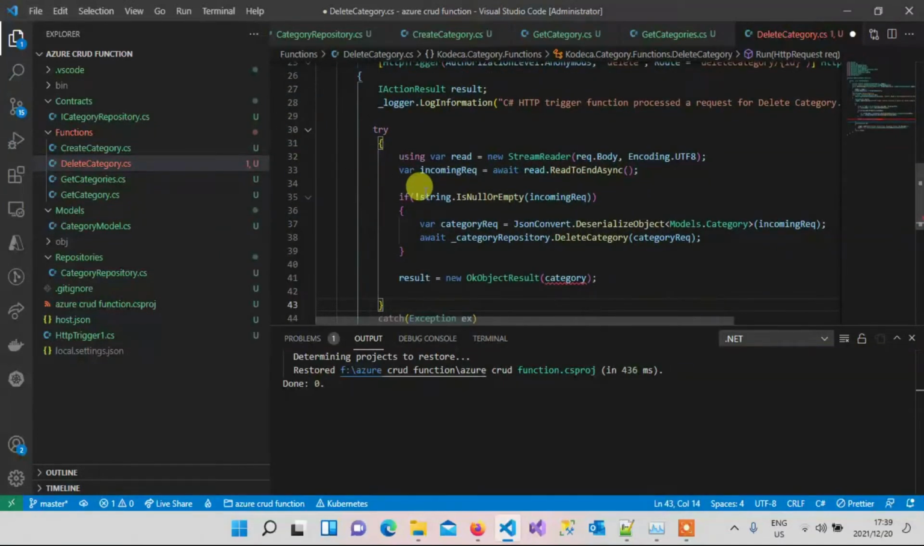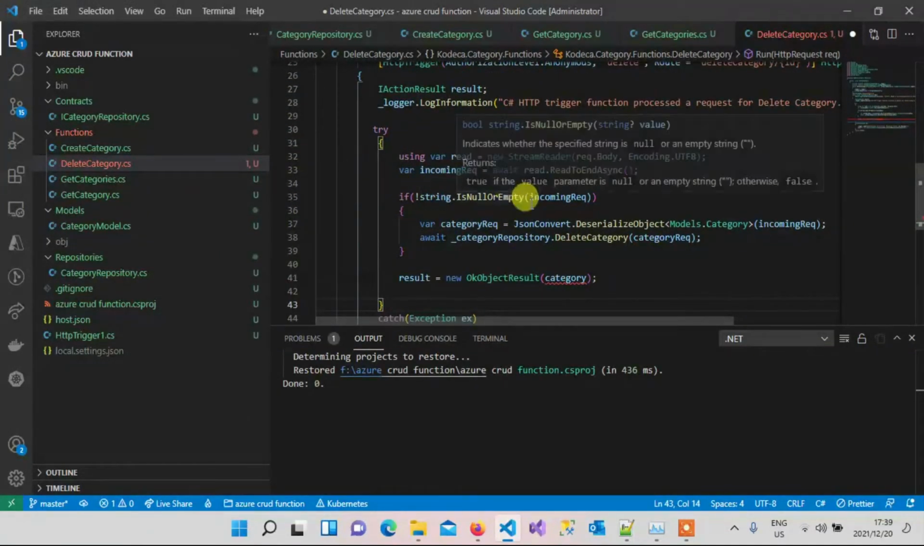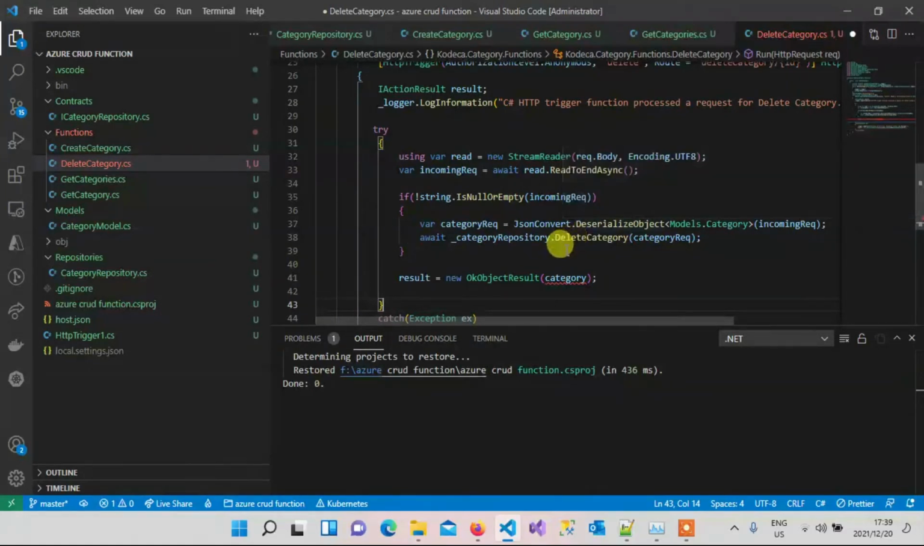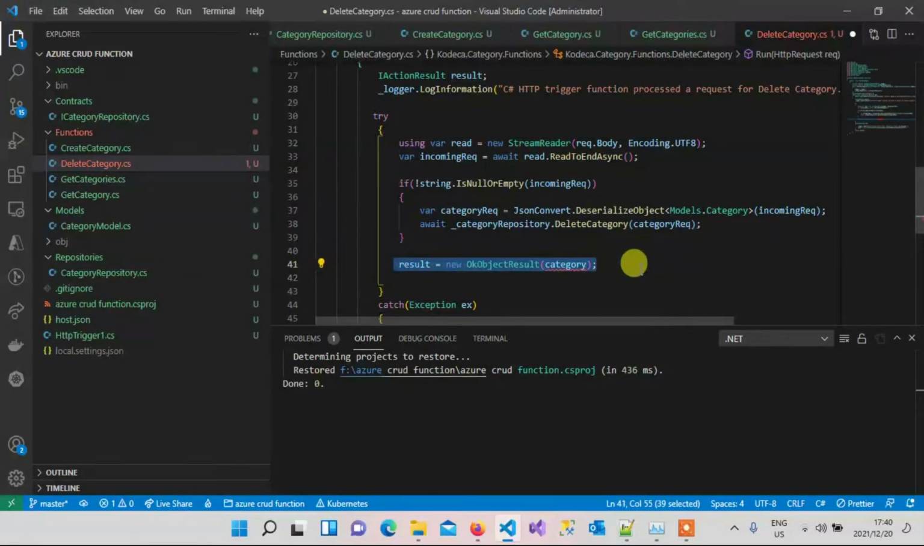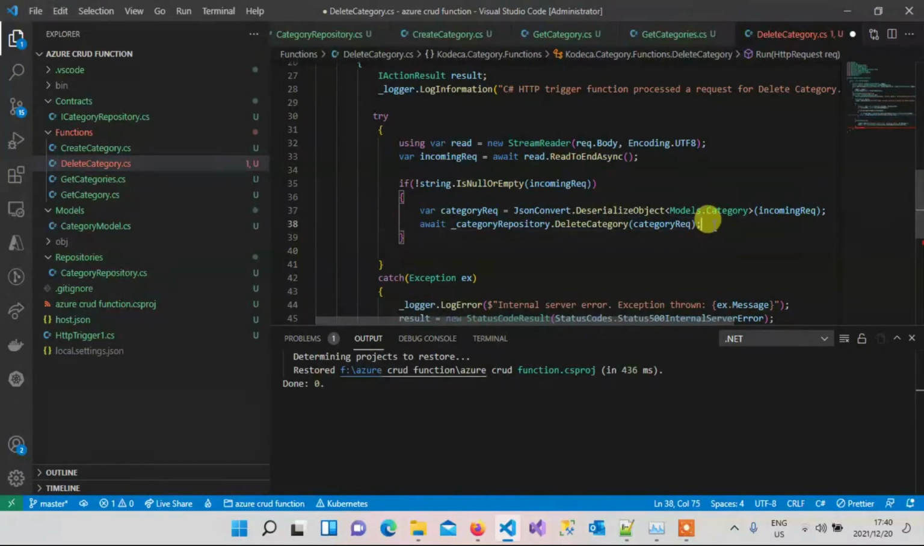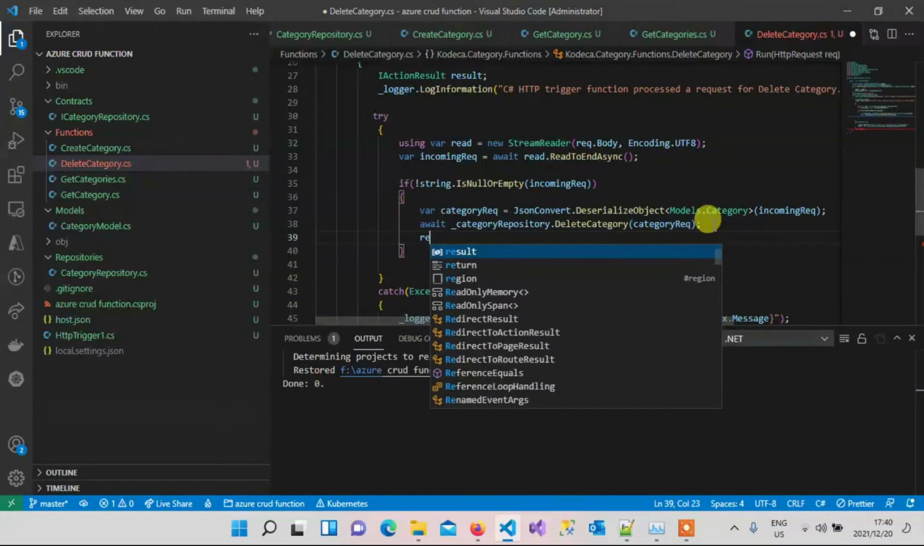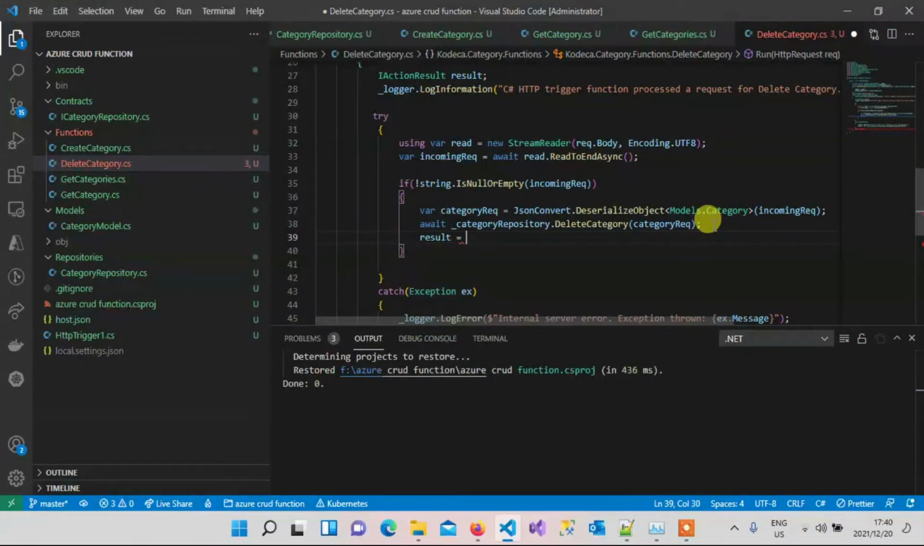So that's how you delete it. So you just serialize, and then we pass our ID into our object, and then once it's done, we just do that, and then once we delete it, so let's assign our result. Our results will be equal to